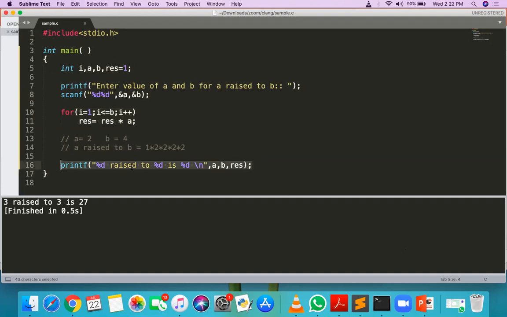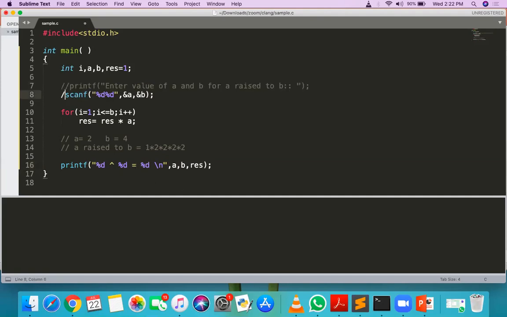You can represent it any way. For example, here A raised to B is equal to this. Actually scanf is not working in my compiler. That's why I'm giving the hardcoded value here.